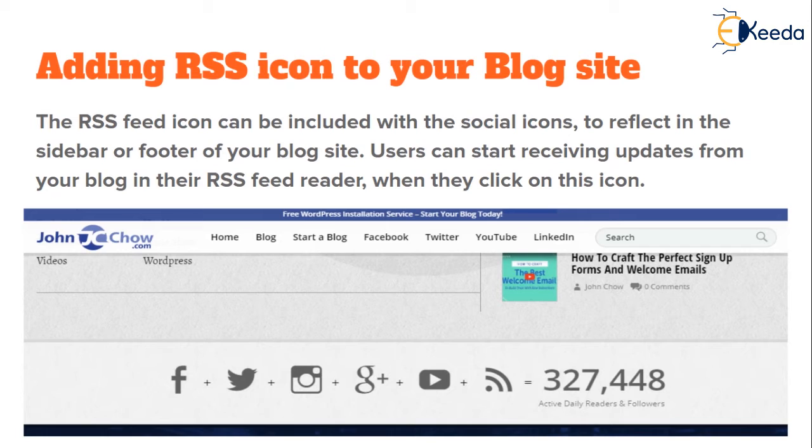Therefore, it's pretty much straightforward to enable this kind of blog promotion. What you need to remember is that this kind of blog promotion is only possible for readers, for users who are actually present on your blog site. So they have arrived on the site, and this is when you are asking them